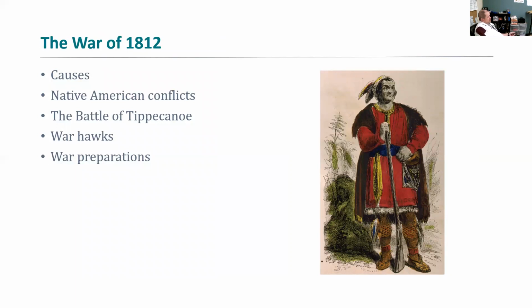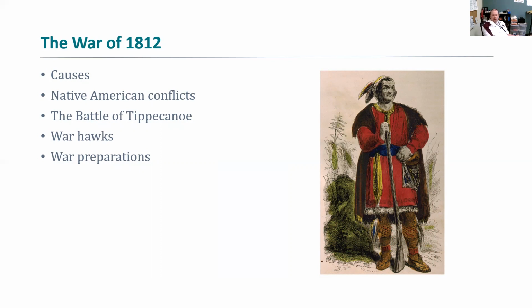So this all brings us to the War of 1812. The War of 1812 is actually sometimes referred to as the second War of Independence, right? So again, we're fighting the British. Some of the British come down from Canada, and obviously the British still control Canada, so it's very easy for them to move troops and resources into Canada and come south.